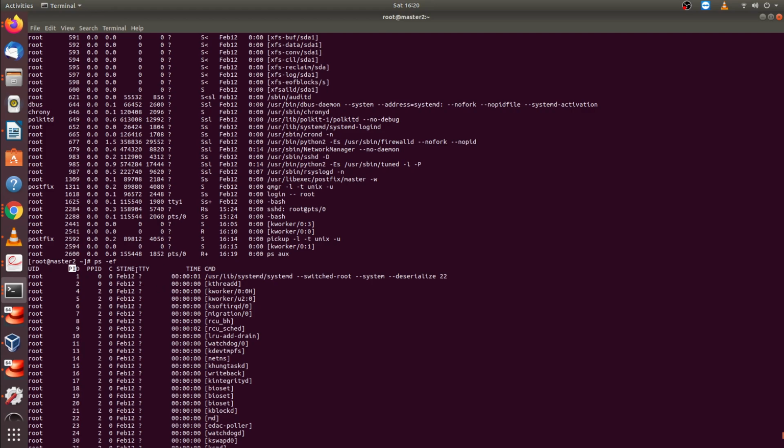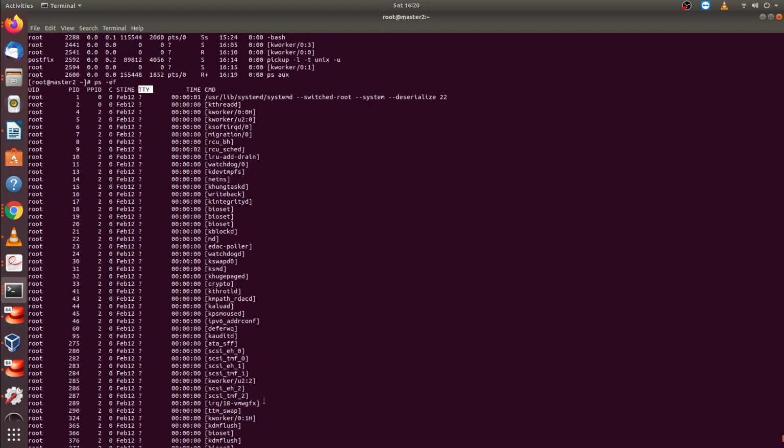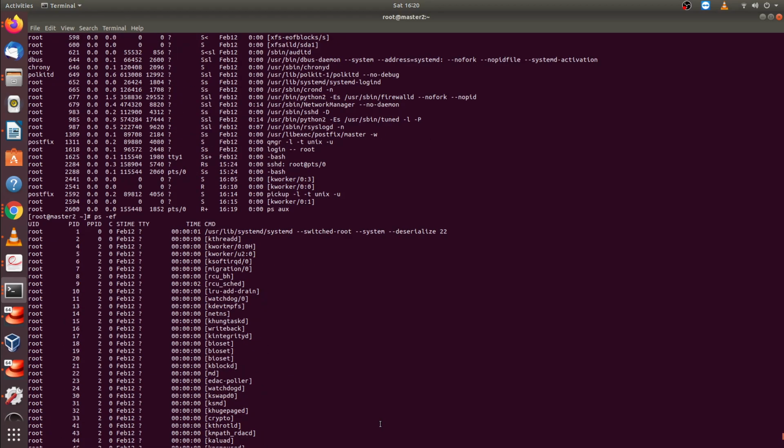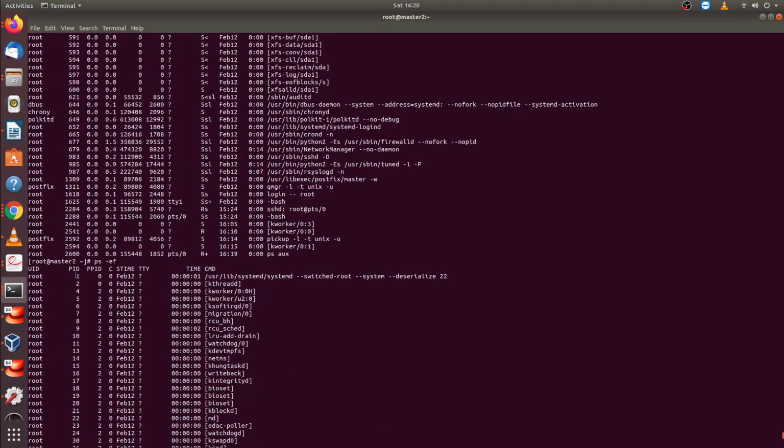And TTY means where you log in. Like this one is the console port, and this one means you remote login, for example. So PID is important because if you find a zombie process and you want to kill it, you need to use